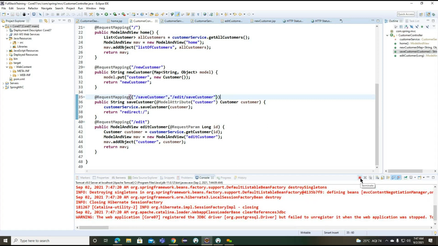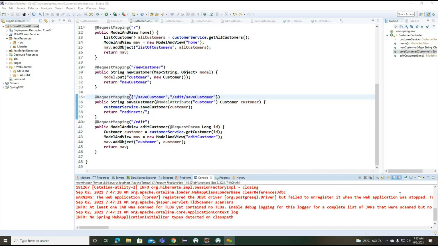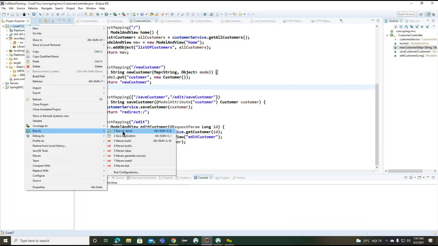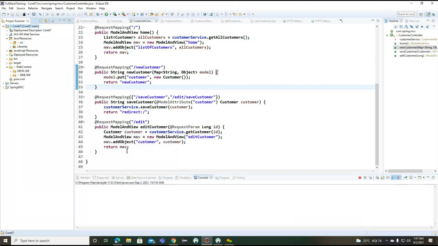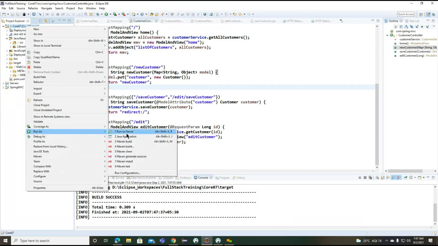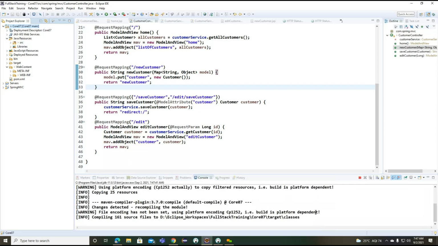So edit customer. So we'll try to update our project here, and we'll try to install the project. Like we'll try to build our application.